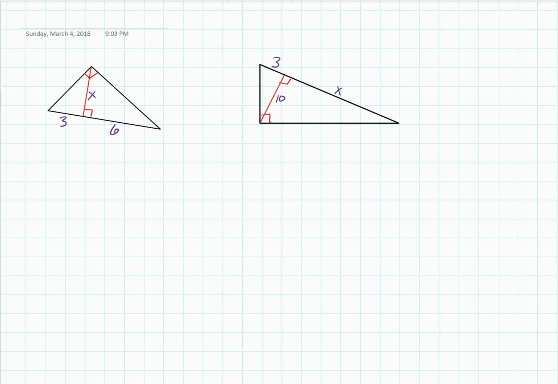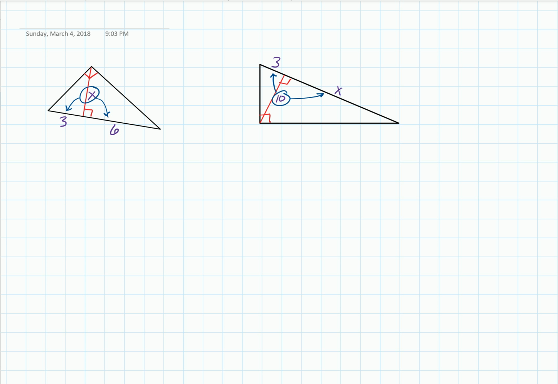The shortcut involves looking at the altitude and knowing that it is the geometric mean of the two segments it splits the hypotenuse into. So for example, in this first problem, we would say that x is the geometric mean of 3 and 6. In the second problem, 10 is the geometric mean of 3 and an unknown x. And so we're going to use this very interesting application of geometric mean to make these problems quite a bit